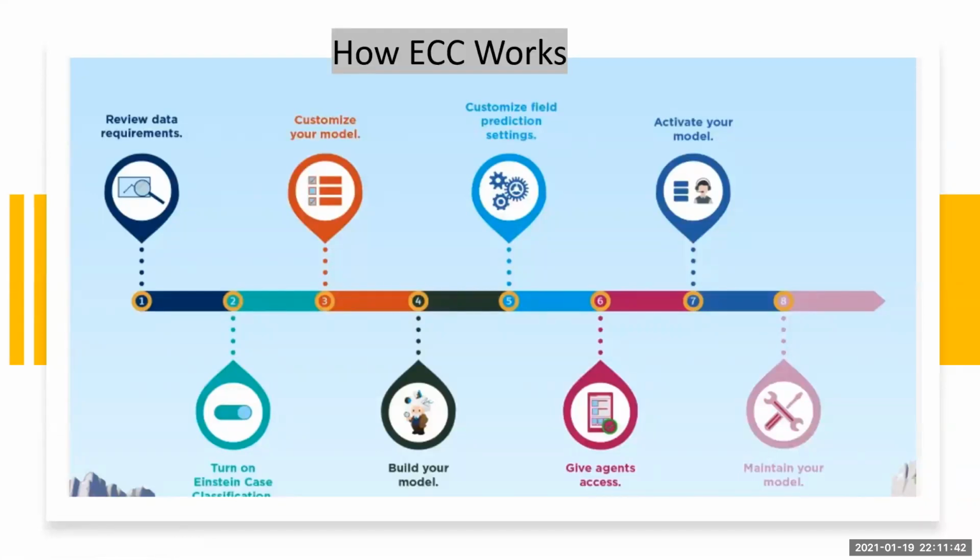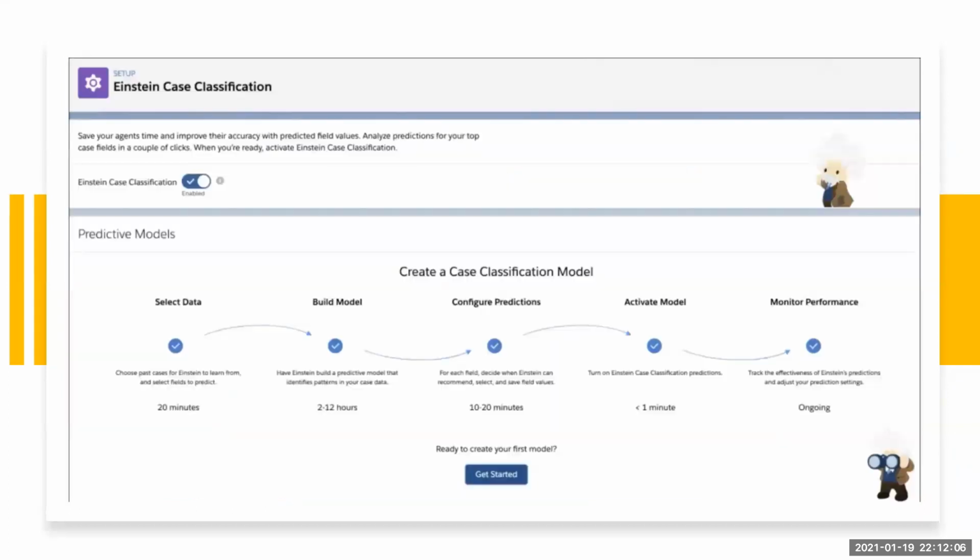So it is always recommended in production to create a new model instead of just editing the existing model, because that might show data which is not being predicted by Einstein. That will show the inaccuracy when we build our dashboard to check what the accuracy rate is and what all things Einstein is taking care of. So now, as I mentioned before, we need to enable the Einstein case classification.